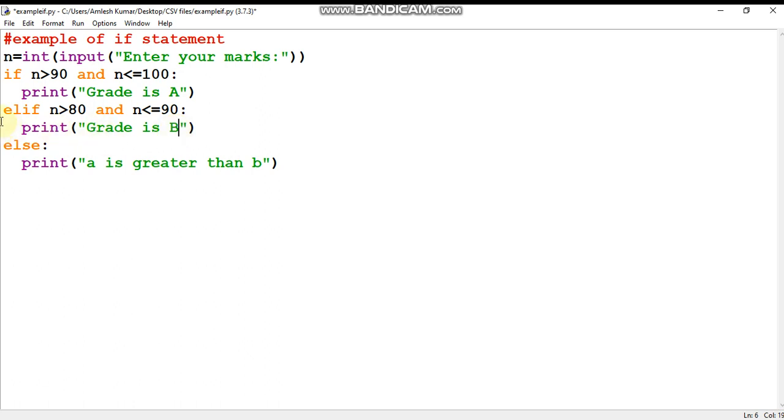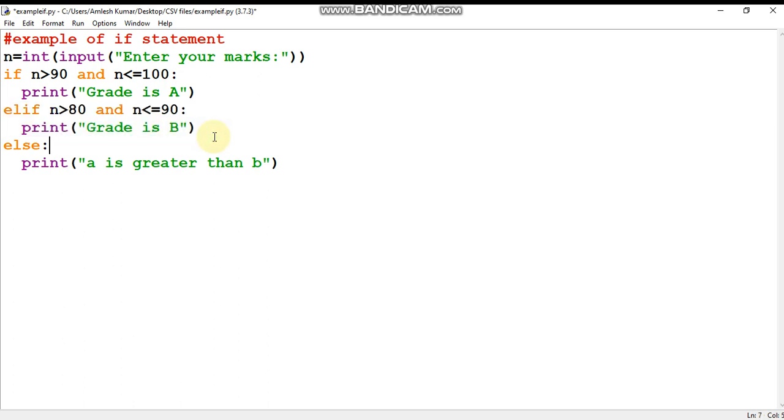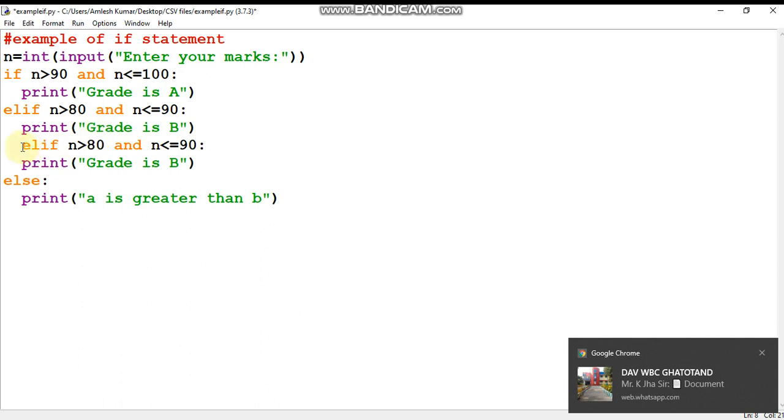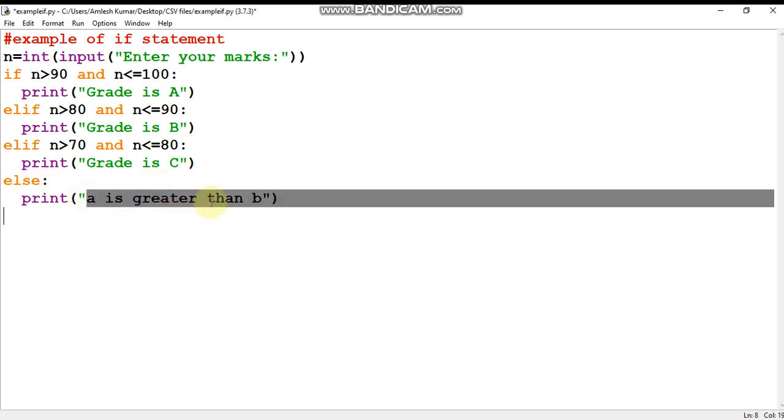So I'm going to copy and paste this here. You all have to manage the indentation. So here the condition is greater than 70 and less than or equal to 80, so the grade will be C. And if the marks are lesser than 70, then the result will be fail. What result do you want? Fail.